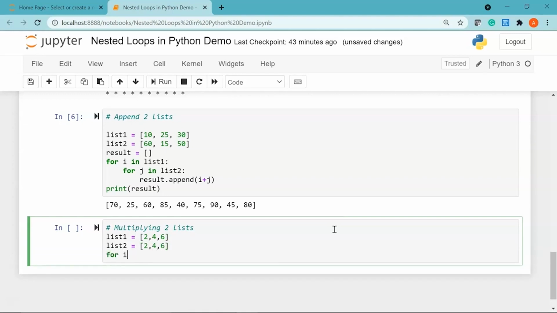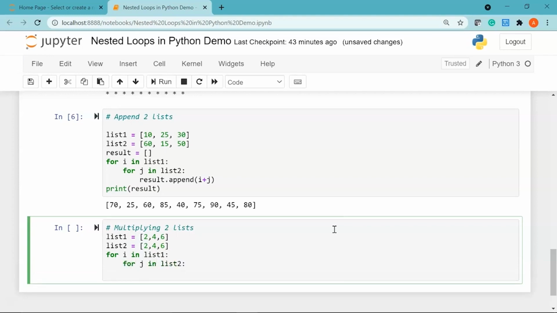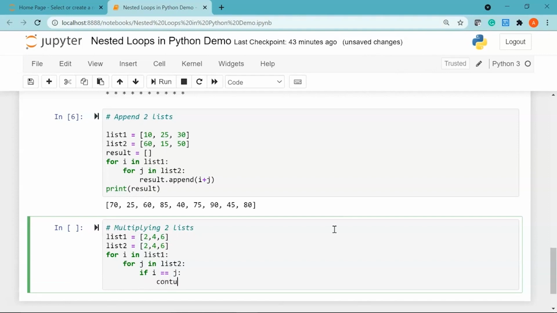Start my outer for loop, for i in list 1. Then I'll say for j in list 2, I'm going to show you another feature that you can use while implementing nested loops, that is to use continue or break. So I'll say if i equal to j, then I'll continue.